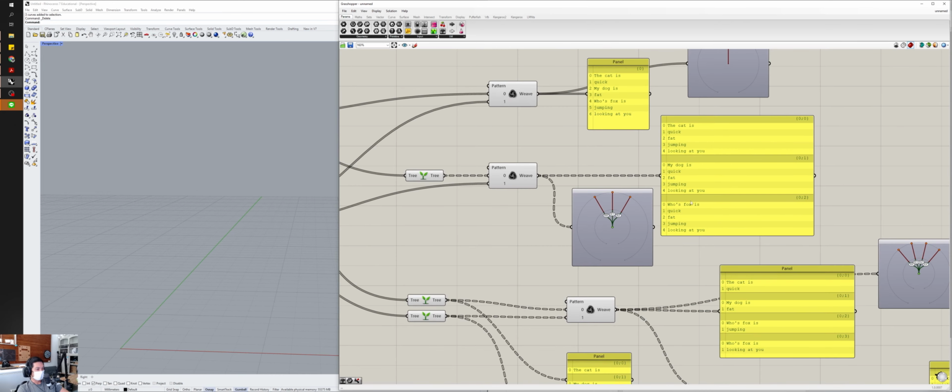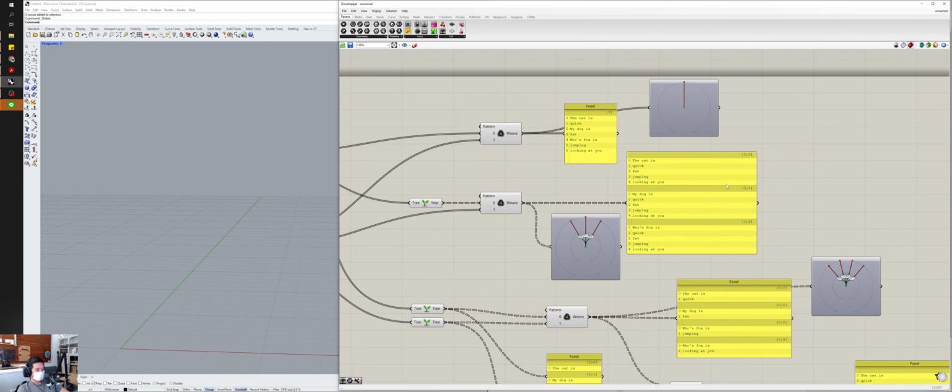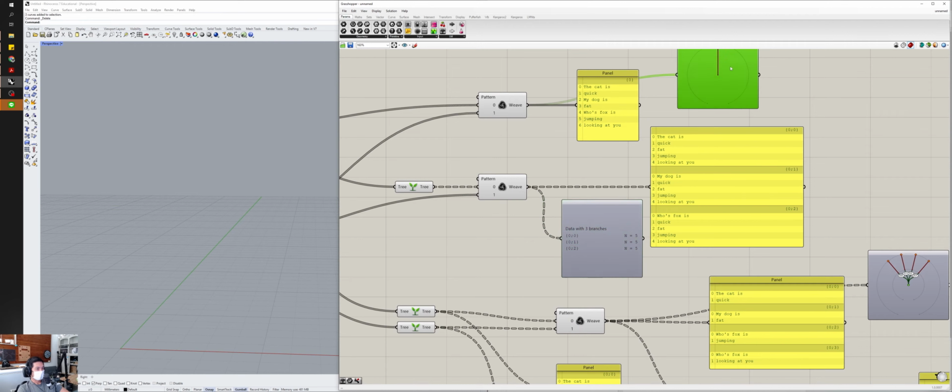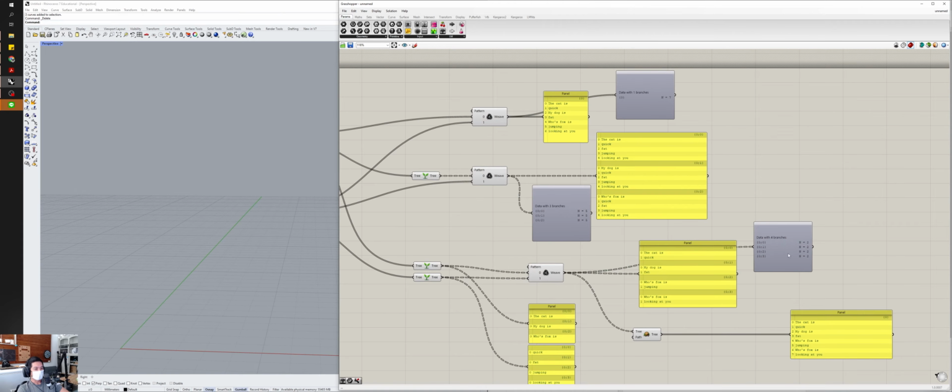And if for some reason you needed to be able to see what was happening, you could just use the param viewer component, right, under utilities,